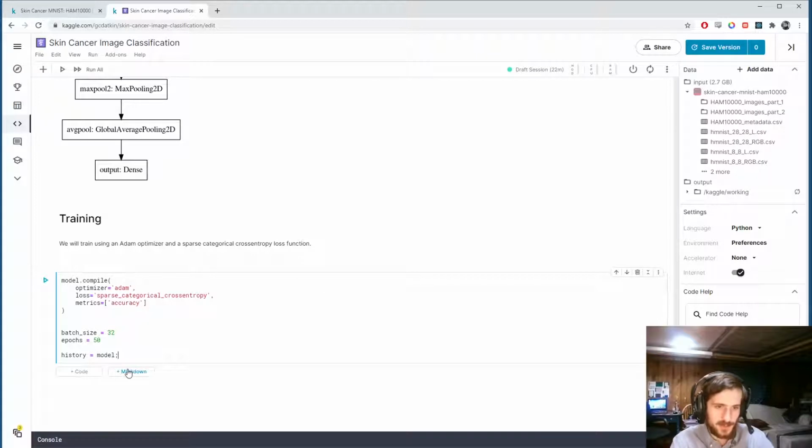So the history, we're going to store the model's fit history in history, and we're going to fit on xtrain and ytrain. Then our validation split will be 20%. Batch size will be the batch size we specified earlier, and number of epochs will be the epochs we specified as well. Then I'm going to include this callback function,